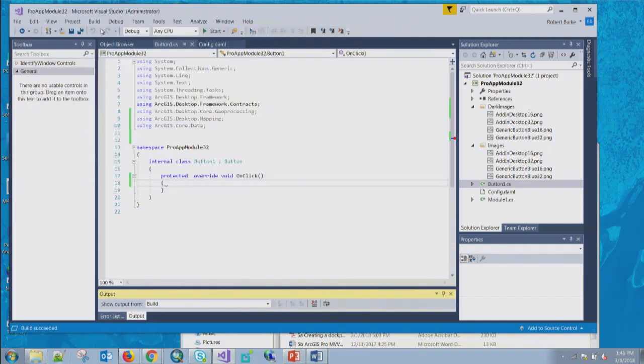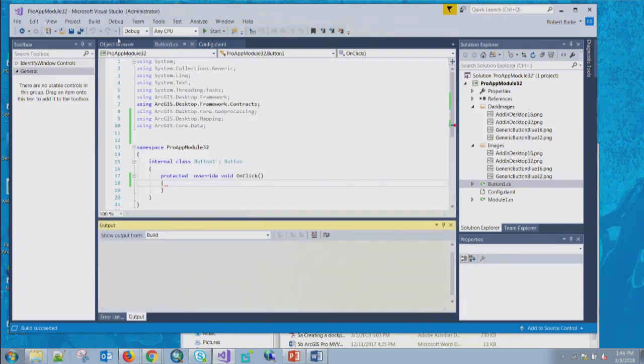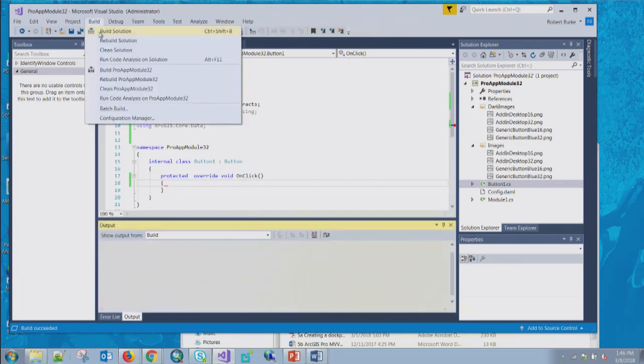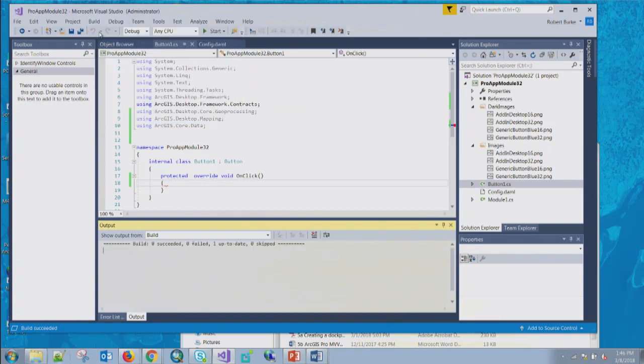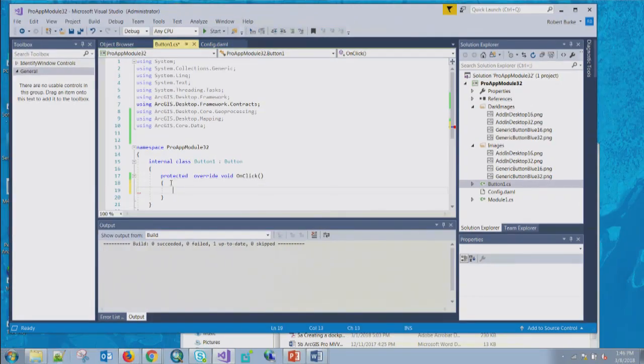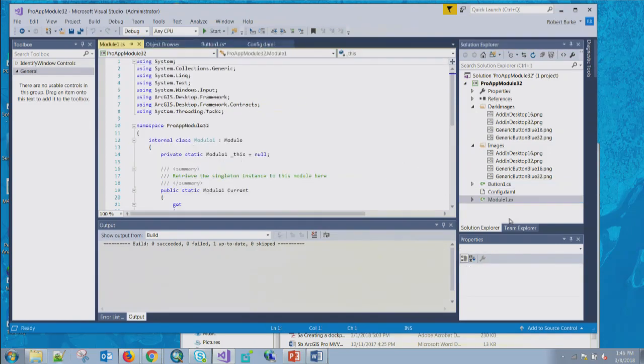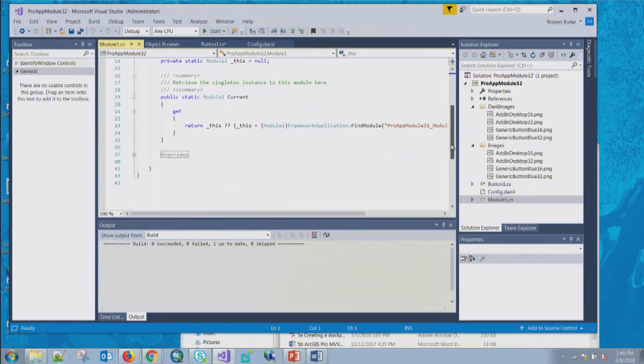All right, so I've cleaned. Let me do a build. All right, I'm doing the build, and it doesn't seem to throw anything. All right, let's see what happens here. I'll just keep going. All right, so what I'm going to do here is I'm going to make my own